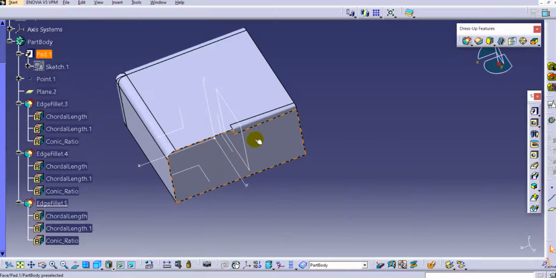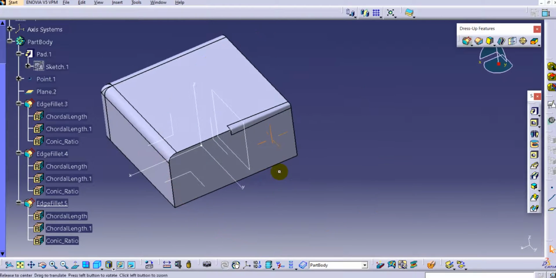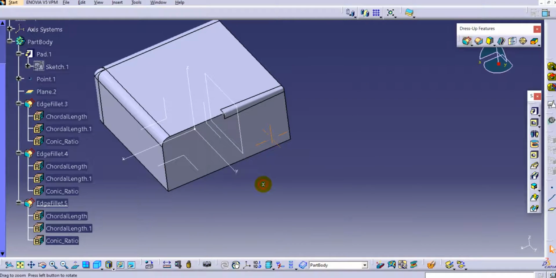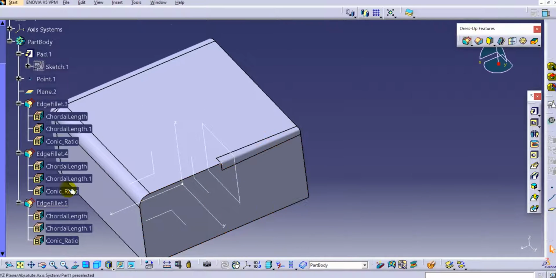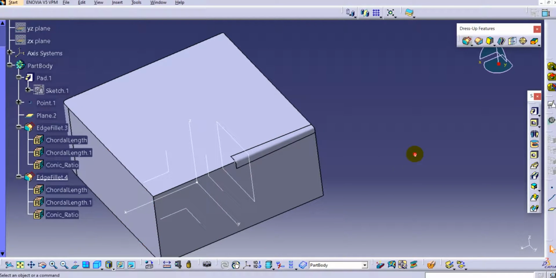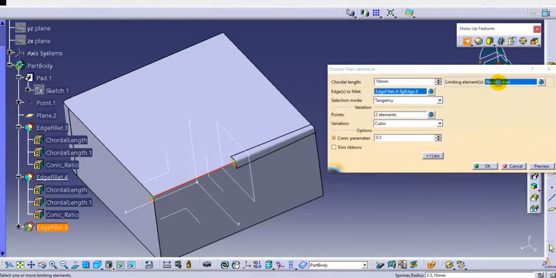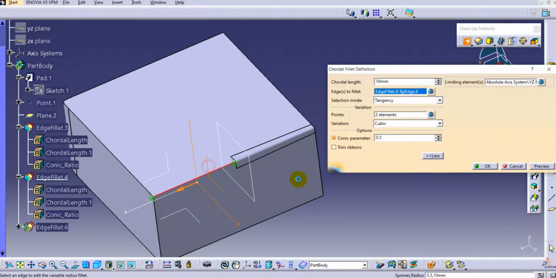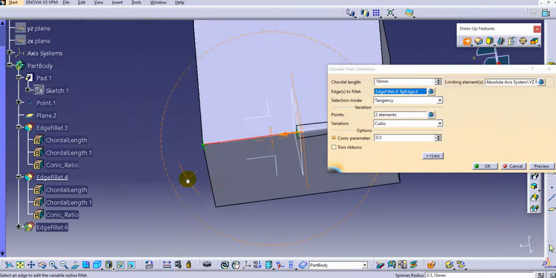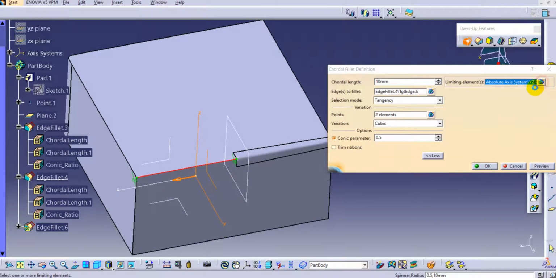Now we will just change, let's delete this one, and now we will create again this fillet. Just select the edge, and here I will provide the limiting element as this plane, and we'll create one more point over here.